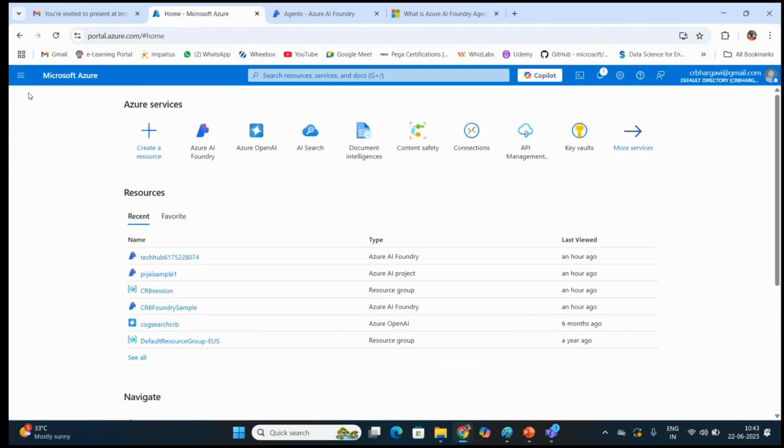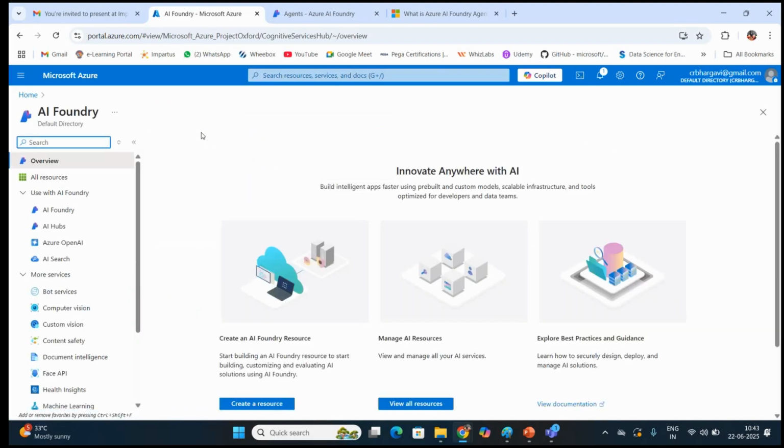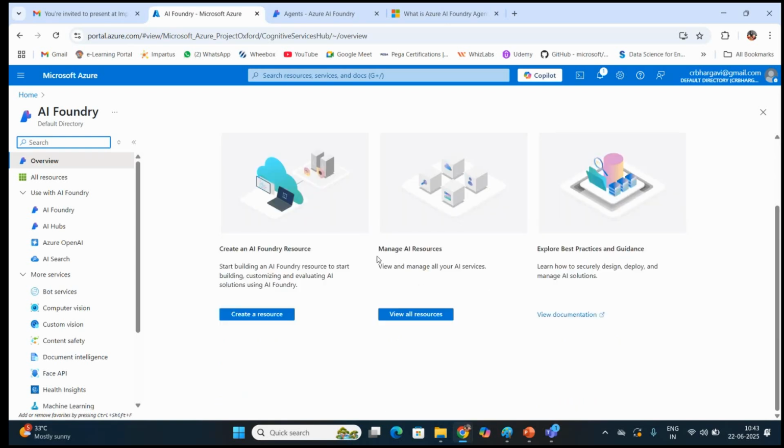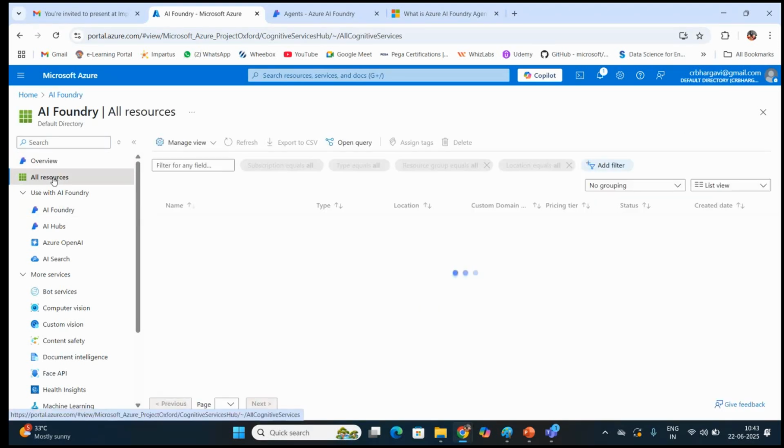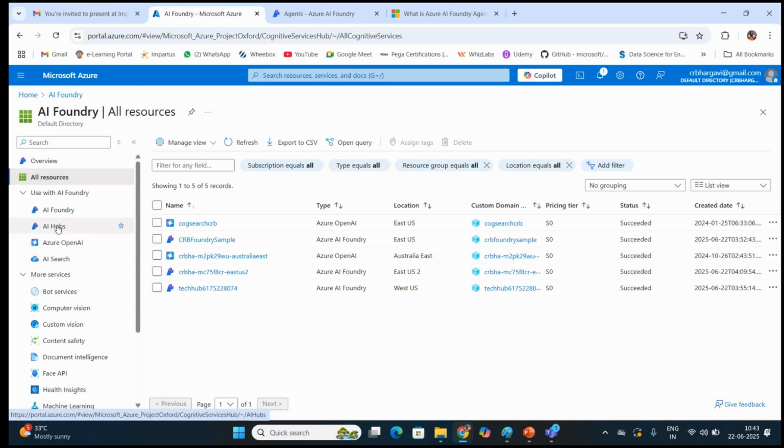Let me go back here. You would be able to see a resource with the name Azure AI Foundry. When you click on it, you would be asked to either create some resource based on your needs, or when you want to see all your resources, you would see all of them, the same thing which is available on the right side as well.